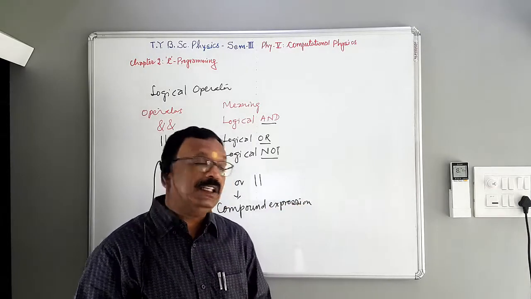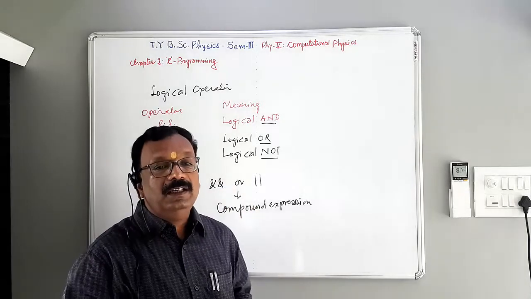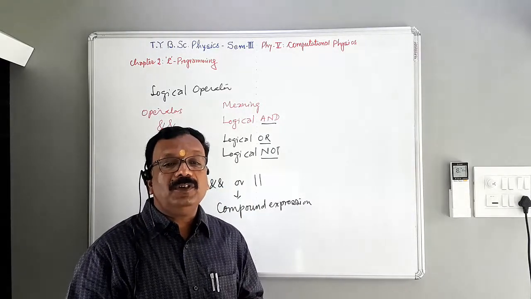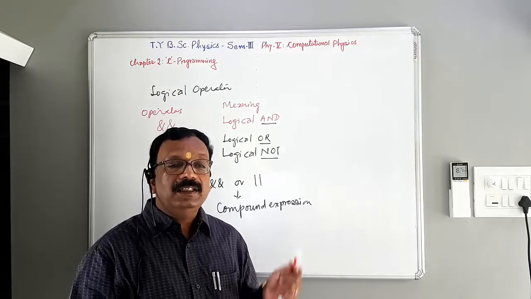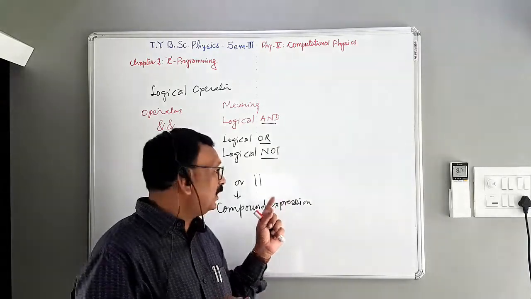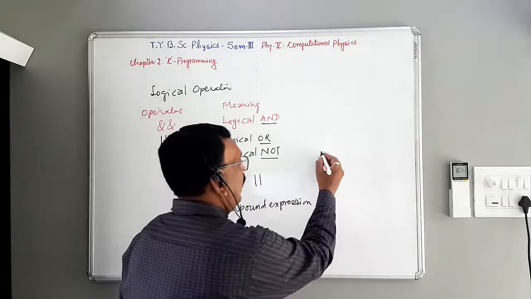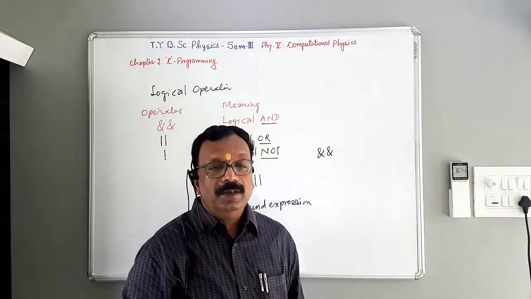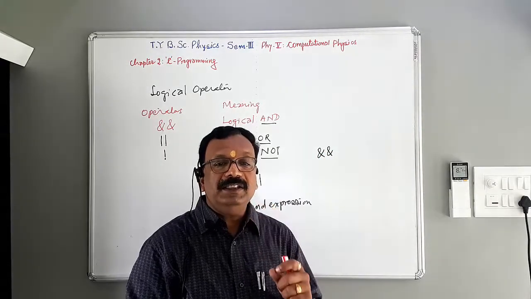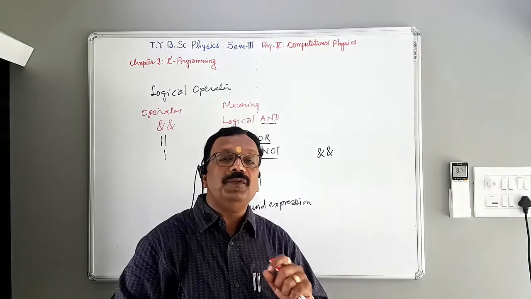An expression involving logical AND and logical OR is sometimes called compound expression since it involves two other expressions. In case of logical AND operator, if both conditions are true, then only corresponding loop will be